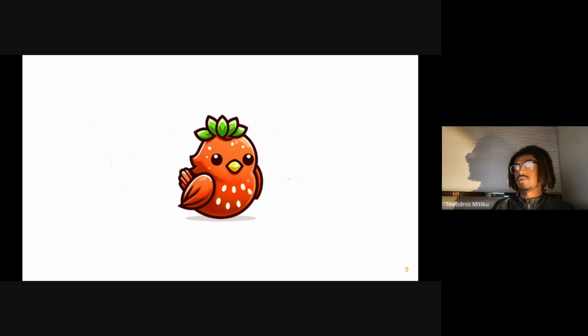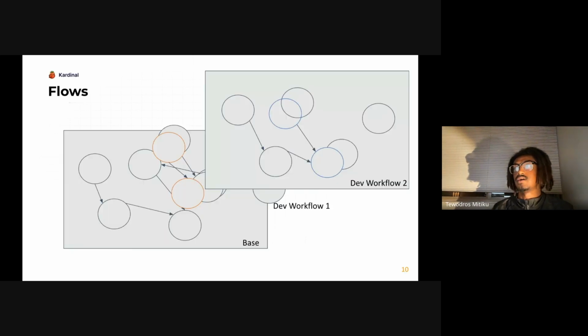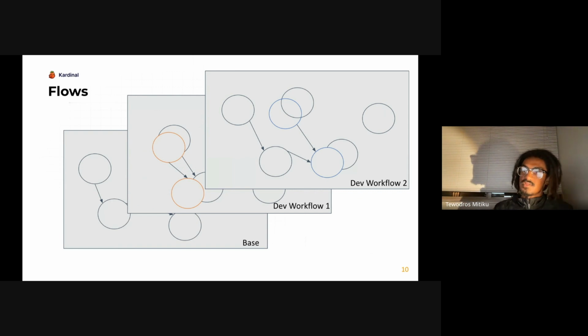So the first primitive that we are working with is flows. So to take this back a little bit and think about it from a higher level, the way that we can think of a cluster is as a topology of services with some interconnected connections between them. Services that depend on each other, depending on whether it's traffic flowing in some direction or a service depending on a database, depending on some database state. And all these services within your cluster create this topology of services and connections between these services. And really, that comprises your base topology.